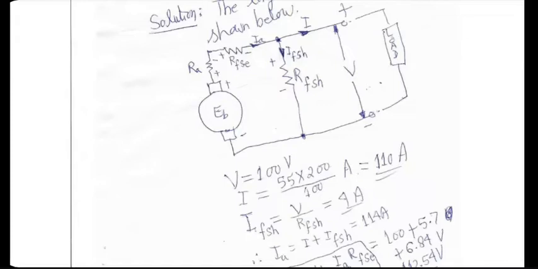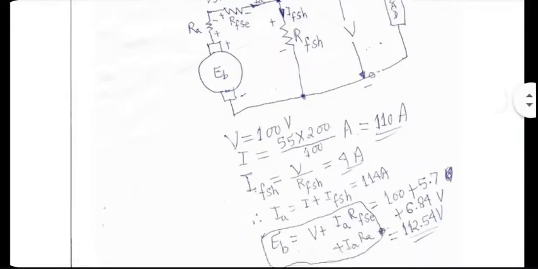For compound wound cases, you have to do everything using logic. Questions are there, but they have to be written by you based on the situation that you are looking at. So I am going by using basic circuit theory after I have drawn the equivalent circuit. Armature current turns out to be 114 amperes.